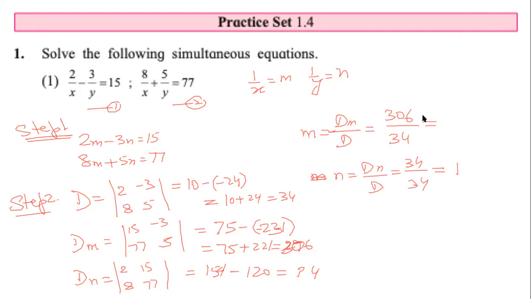What factor, or what product of 4? What should we multiply with 4 to get a 6 at the end? There are only two possibilities. 9. No, there are two possibilities. 34 into 9. That is correct. But what is it that we can multiply with 4 to get a 6? There are two possibilities, 4 and 9. Here 4 doesn't work. Here 9 works. It is 9. So we got m equals to 9 and n equals to 1.